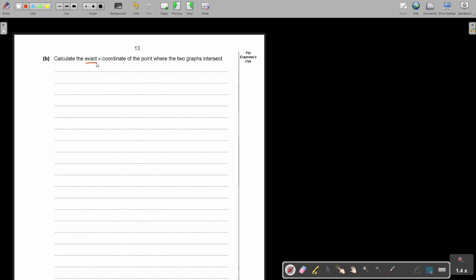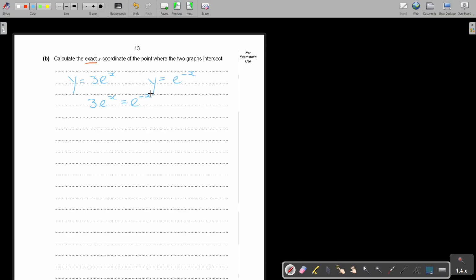Okay, basically, I always like writing the equations down first to make sure I'm copying them correctly. Those were the two equations. Where they intersect, I must substitute the one into the other one. I must put them equal to each other. So 3e to the power of x is e to the power negative x.